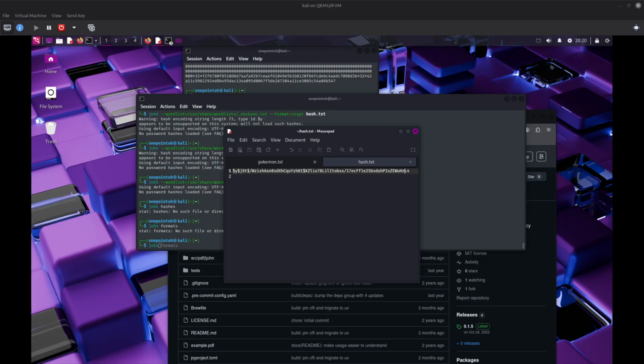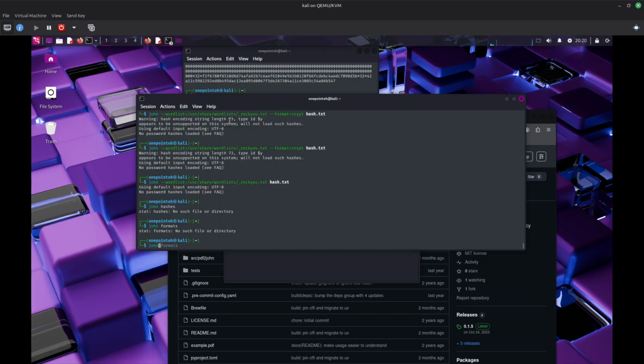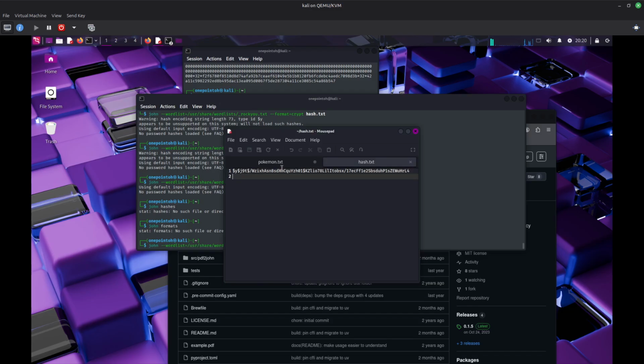I guess we'll just have to leave it up in the air. But generally that's how it should be done from what I see. You just give it a word list, you tell it format crypt, and then that's pretty much it. There aren't really any other things to it. The only other thing I can see that could possibly be an issue is I don't have the